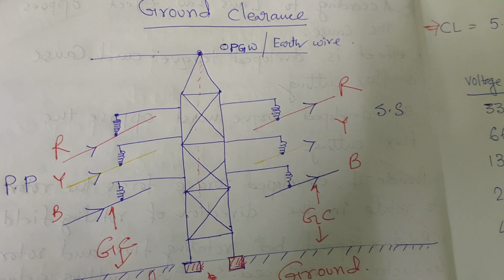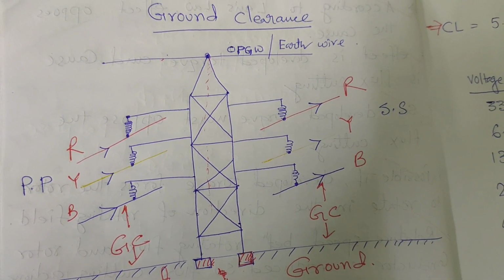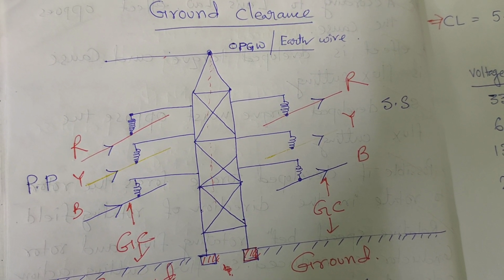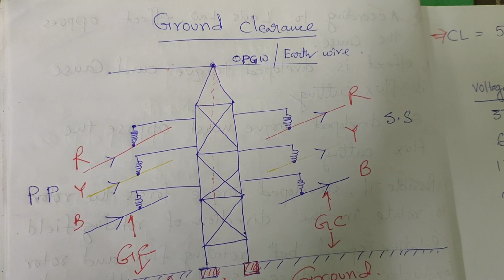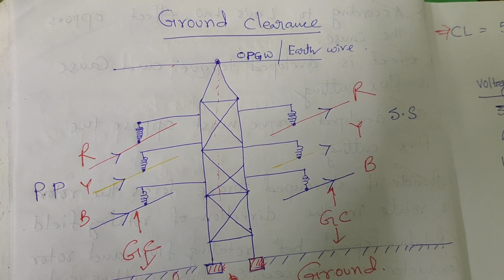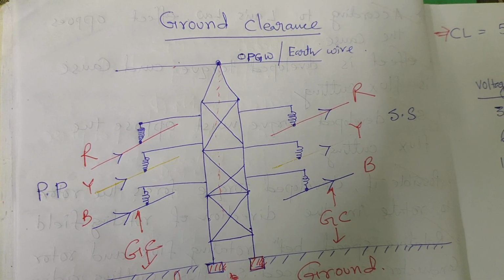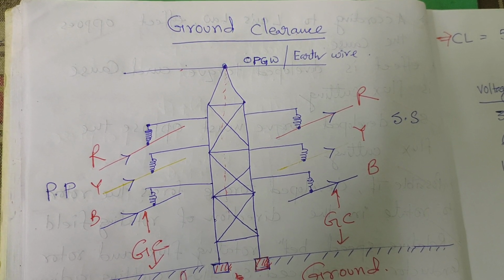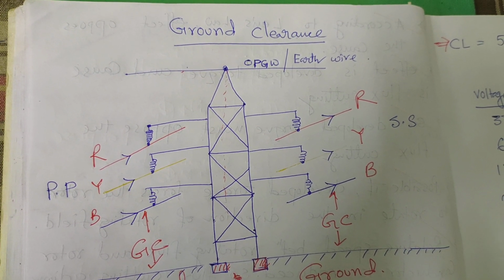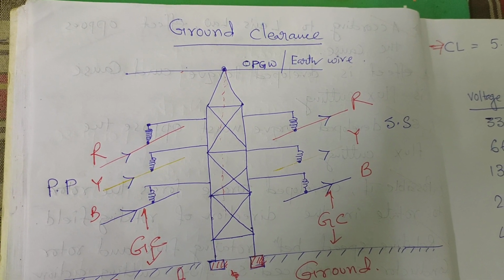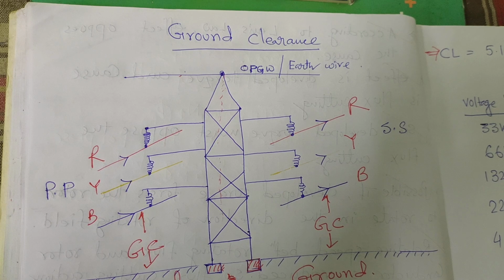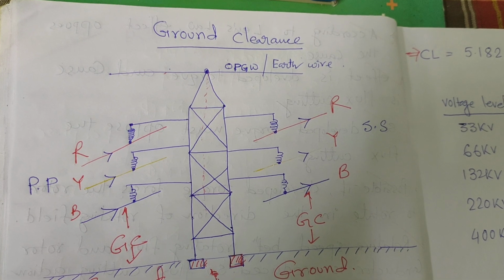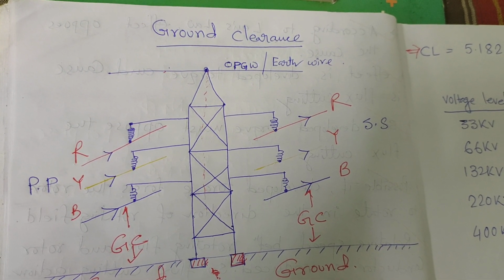So you should have to maintain this minimum ground clearance for the safety of the working personnel and also the properties surrounding or along the lines of human beings. And if you are maintaining these types of ground clearance, the trimming and the touching of any tree may be avoided. Also, the trimming is very much necessary for maintaining the clearance, because along the line lots of trees, lots of bamboos are there, so you should have to maintain the clearance for the safety of the working personnel and